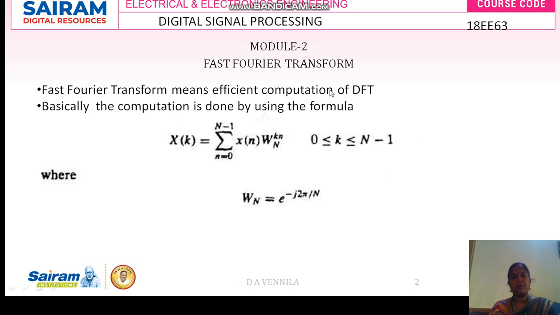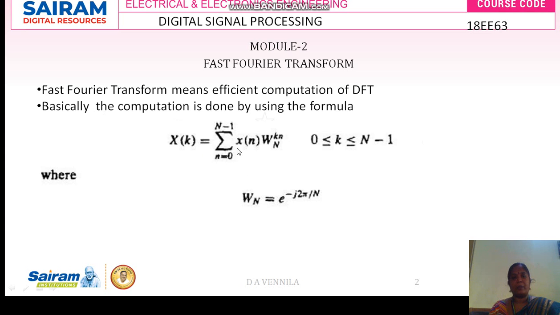First, fast Fourier transform belongs to the family of the Fourier transform. It is not a separate transform. In order to do efficient computation, we go for the fast Fourier transform. So, fast Fourier transform means efficient computation of DFT, and basically the computation is done by using the formula X